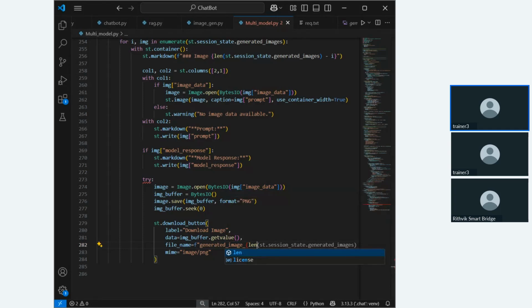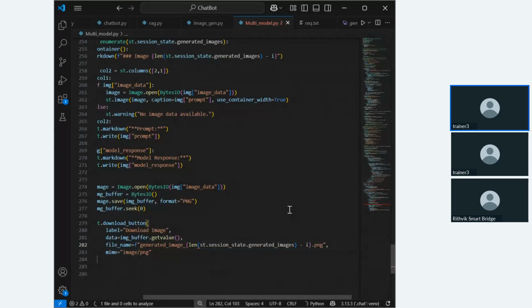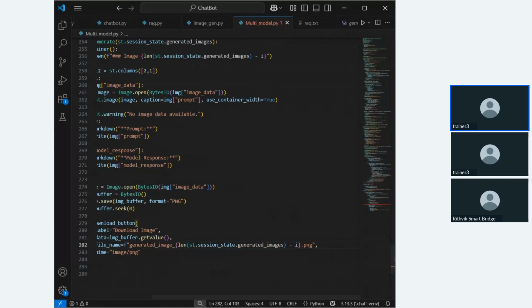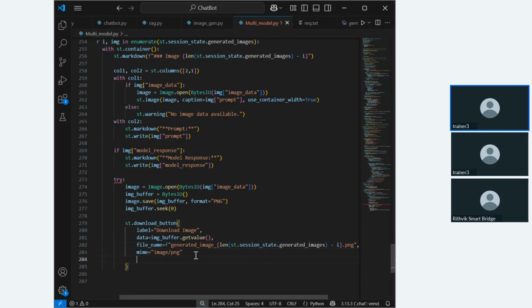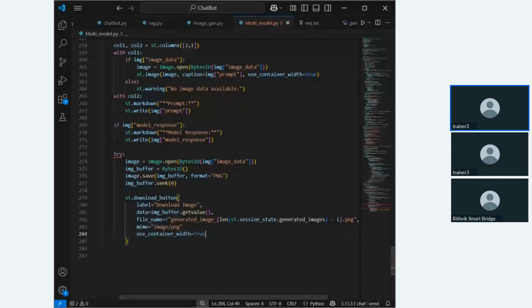System, you're going to get this in PNG format. Then it will give it in the right way. Okay, so it is going to be in JPG, and then you're going to give the user container width. Container width means that it is going to specify the image size and all this. Okay. Now, if we get any error in this,